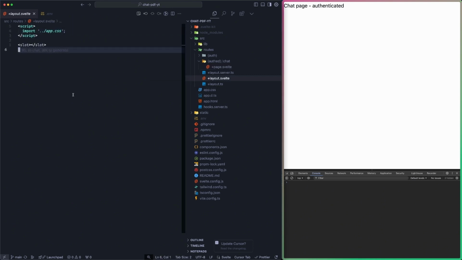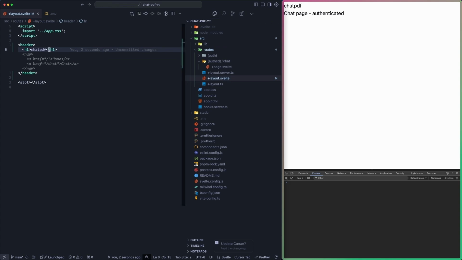Right now, we are simply rendering out the slot, which is any child page rendered within this layout, but we want to create some sort of a header which would render out the navbar. So let's have h1 which renders chat PDF, and here we can see chat PDF, and let's have a navbar